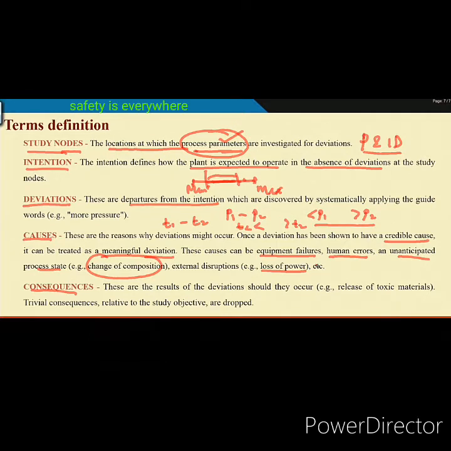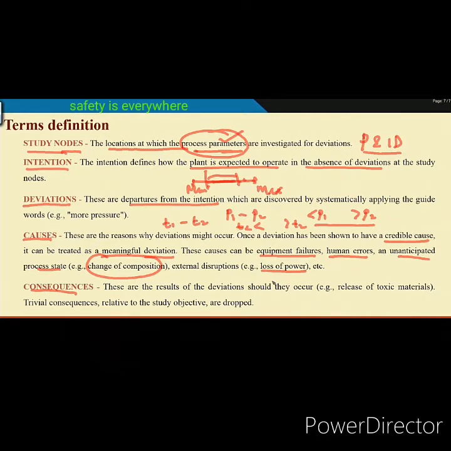Then what is the consequence? These are the result of the deviation. Once there is a deviation, for example overpressure, what is the consequence? If overpressure is there, what does the system do immediately? It reacts against overpressure. There are a relief valve, a discharge valve, a pressure gauge, an alarm, all those things. Under an overpressure situation, the relief valve should work and release a certain amount of gas with reference to the pressure of the tank system.